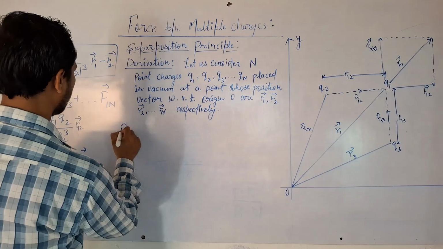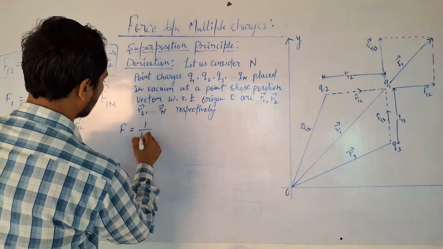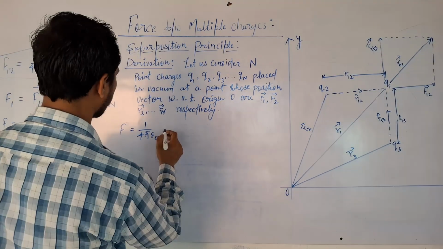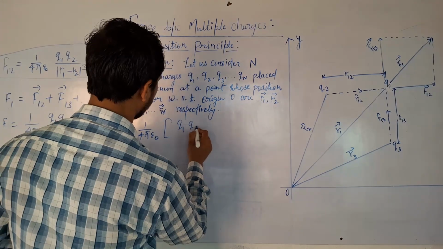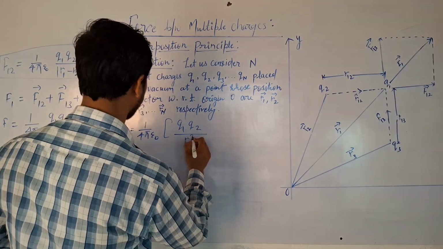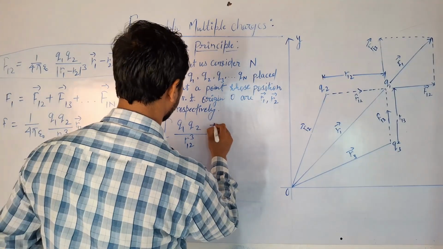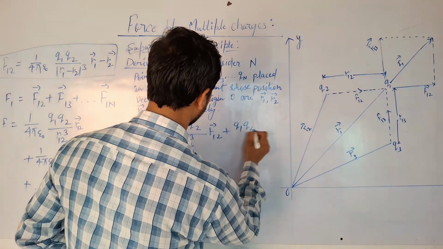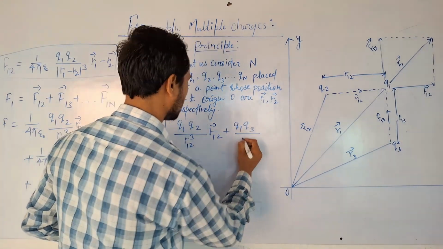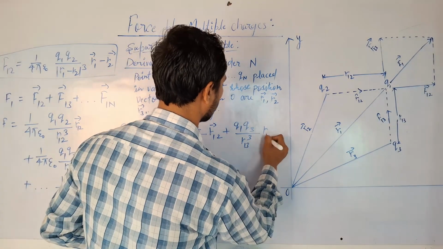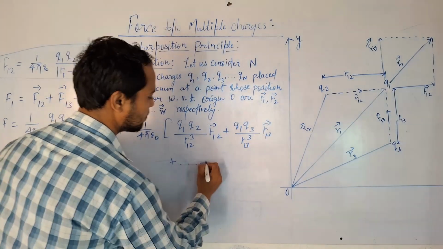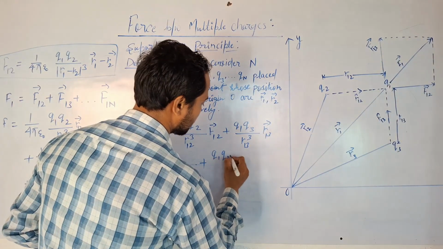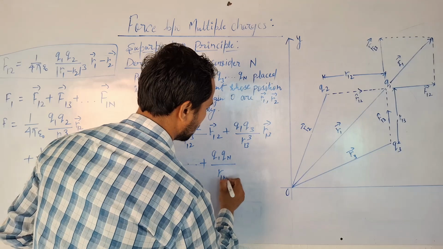Now we have 1 upon 4 pi epsilon naught times Q1 Q2 upon R12 cube R12 vector plus Q1 Q3 upon R13 cube R13 vector plus and so on plus Q1 Qn upon R1n cube